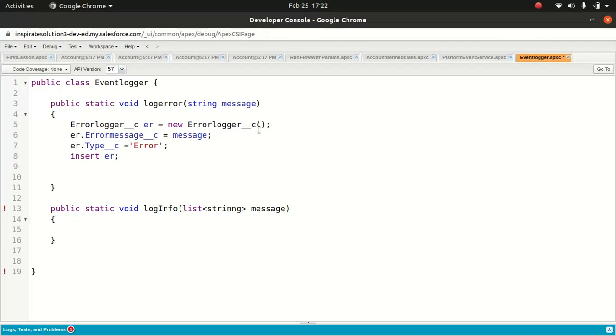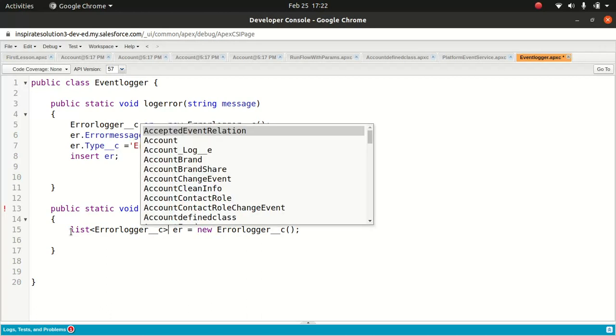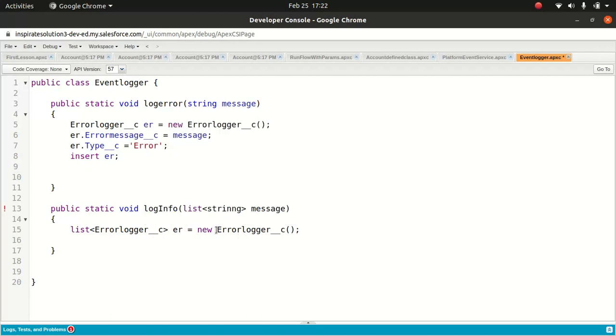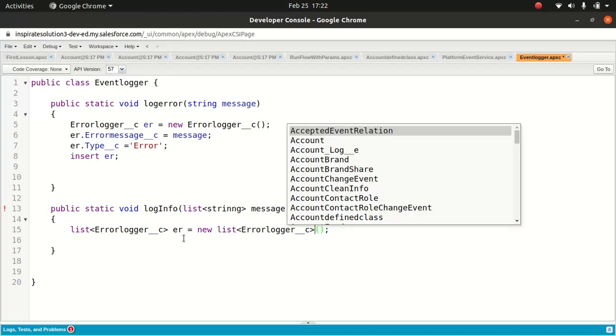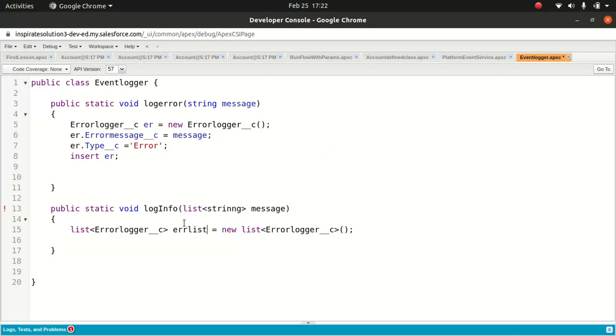Okay, so what I'll do, I'll just copy this over here, and I'll do this here, the list of it. Okay, list. All right, so what I'll do for, oh, come on, for string s message. Yeah, and